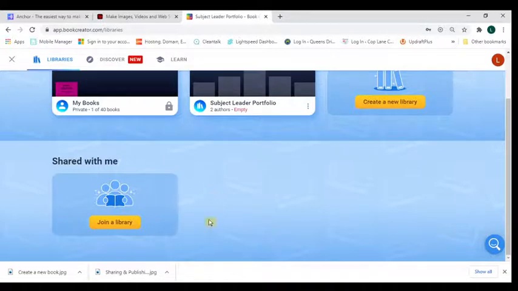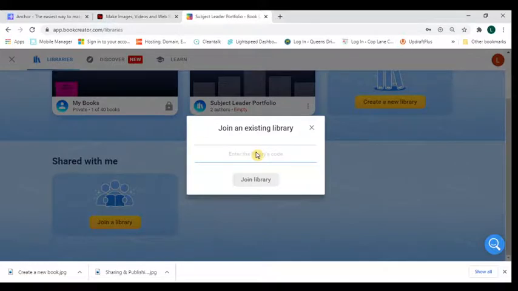Now I'm a friend of the person who's the library owner. And the library owner has given me the code, and she wants me to join her library, and this is where you do it. So you just go down here, join the library. I'm going to enter that code that I copied previously, which is not going to let me do. Oh,